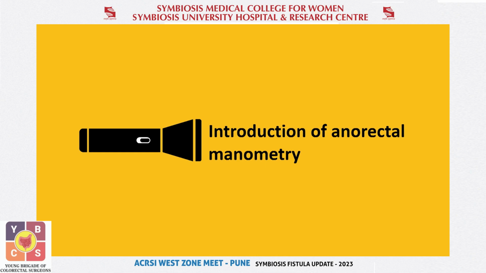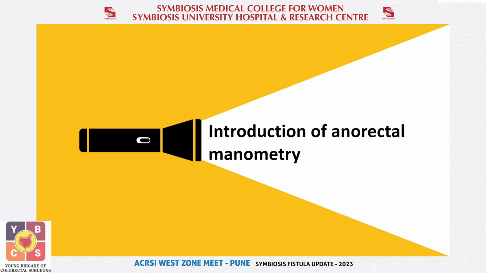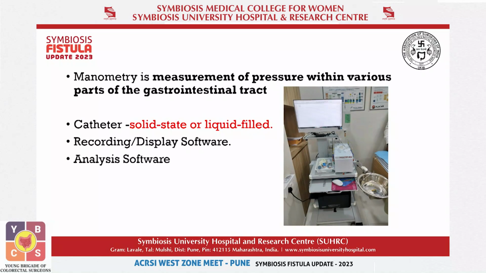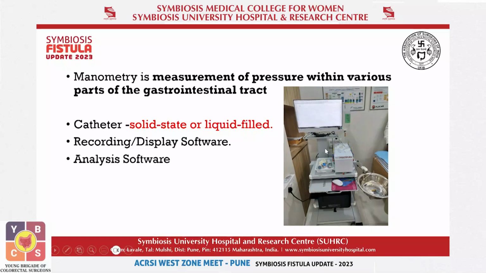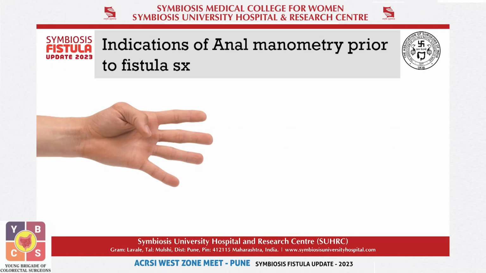manometry. This helps us to understand the pressures around that area as well as the coordination very nicely. So this system basically has a catheter, solid state or liquid state. Either a 16, 24 or 36 channel catheter can be used. The majority of systems available in India have 24 channels and are liquid systems. It has display software and also inbuilt analysis software. So the International Anorectal Physiology Working Group has